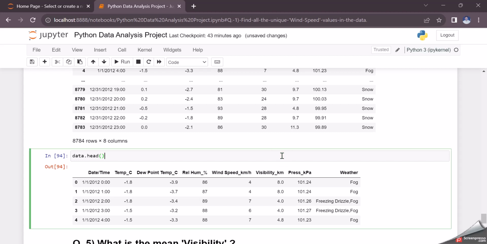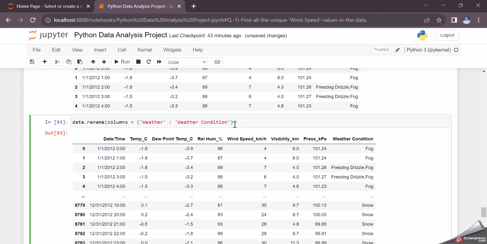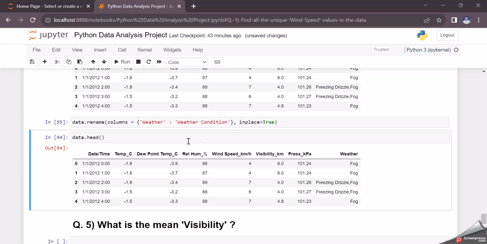Okay, so to avoid this, we have to just simply put here inplace equal to true. So after running this, our command is successfully run. And if we run this again, data dot head, then see, our column name is changed to weather condition, and it will not go back to previous. Okay,